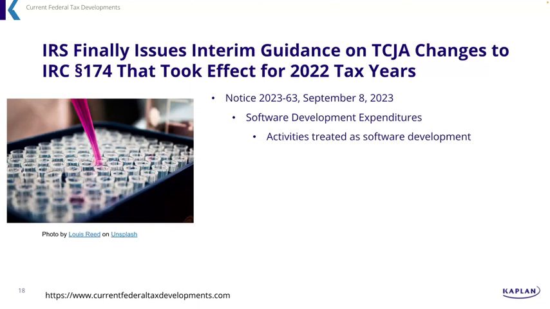Testing the software or the upgrades and making necessary modifications to address defects identified during testing, but only up until the time that, in the case of software developed for use by a taxpayer in its trade or business, the software is placed in service. And in the case of software developed for sale or licensing to others, technological feasibility has been established, product masters have been produced, and the software is ready for sale or licensing. In essence, we're at gold master time, right? And we've actually made it, and we've decided that is the one we're doing. We've created the gold master.